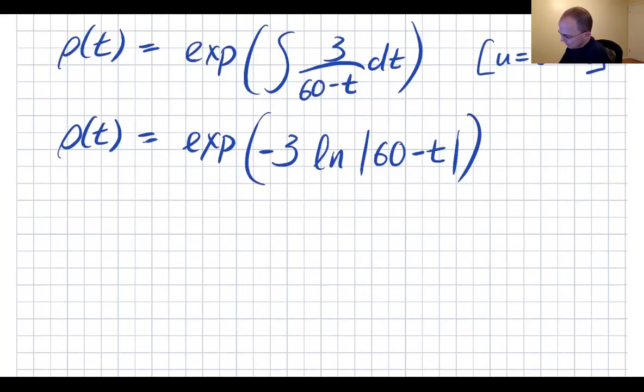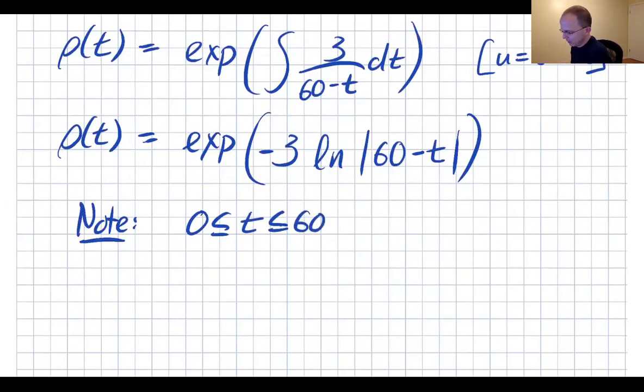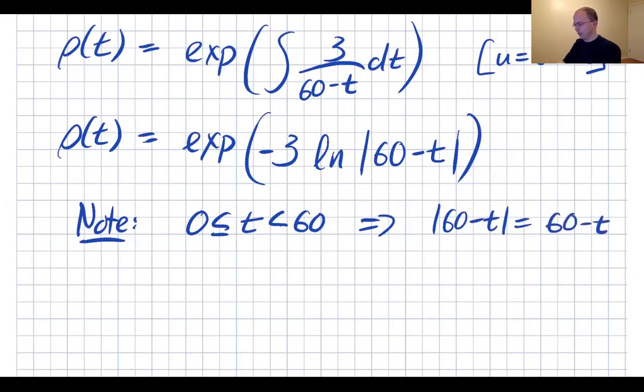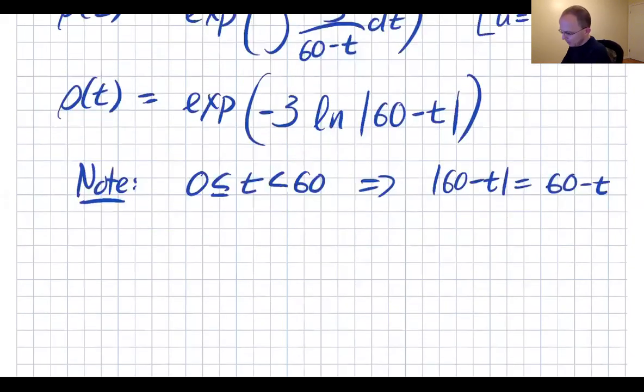Okay, so let's continue. Now, since t is going to be between 0 and 60, right? We're going to stop at 60 because that's when the tank is empty. So t is between 0 and 60. I don't want to put log of 0 in there, so maybe we'll say t starts at 0 and approaches 60. Yeah, that's good. So in this region, the absolute value of 60 minus t is equal to 60 minus t, because that will always be positive. So we can drop that